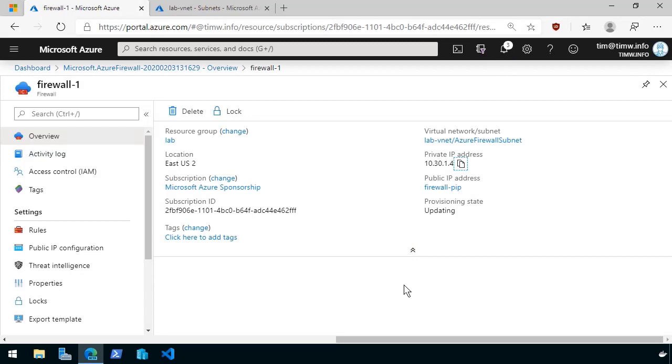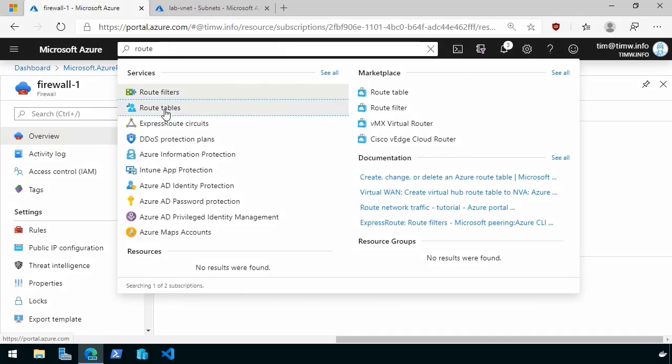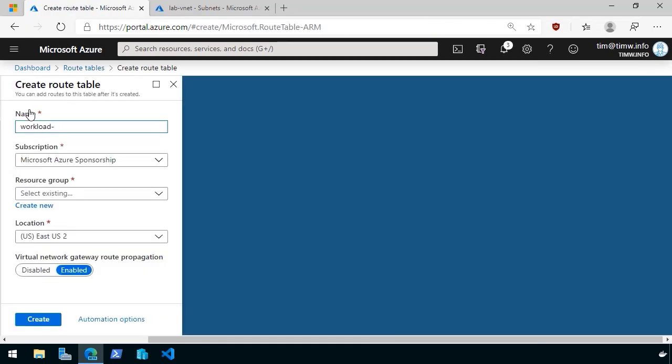We're going to define what's called a user-defined router, UDR, in Azure, and we're going to associate that route table with the workload subnet in our virtual network, and this is going to define a default route or a next hop address such that any VMs on that subnet, all egress traffic will have to go through the Azure Firewall. So, to accomplish user-defined route, we can do a search for route tables, and in the route tables blade, we can click Add. I'm going to call this workload route table, specify my correct resource group and location, and then